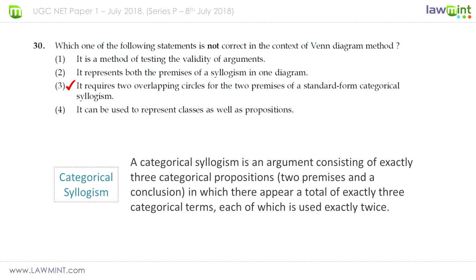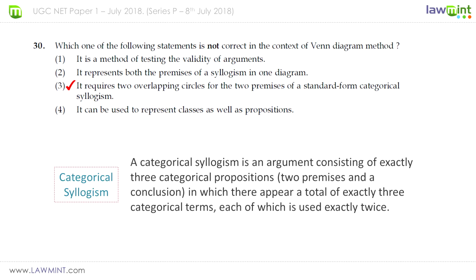For question number 30, we have been given 4 statements in the context of the Venn diagram method and asked to identify which one of the statements is not correct. Since Venn diagram related questions appear quite frequently in the UGC NET exam, we suggest that all candidates should have a good understanding of what the Venn diagram method is all about, how they are drawn and how they are analyzed. Coming to the question, if we look at the given statements, Venn diagram is a method of testing the